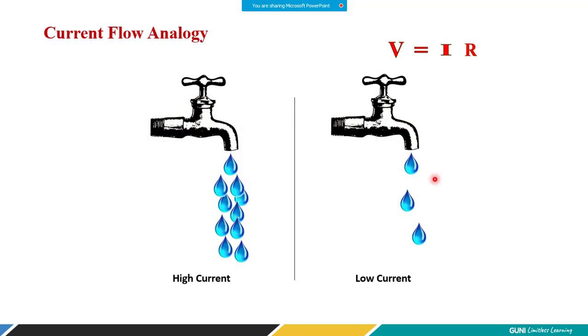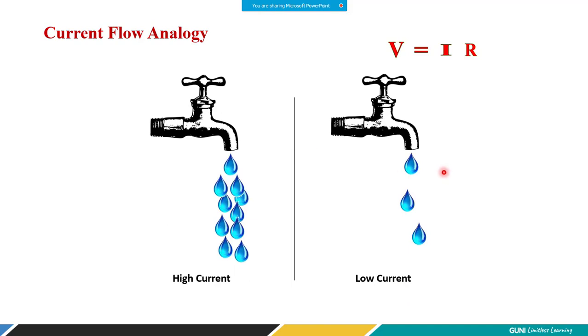Look at this diagram actually. See, you have, let's say, a water pipe, right? And your water flow is very high. Water is coming in high quantity, right? You can see high current. And let's say water is coming in a small quantity. For example, this knob, if I close it a little, half close it, or 75% close it, then these drops will come slowly, right? The flow of water gets slower, and so I have a low current.